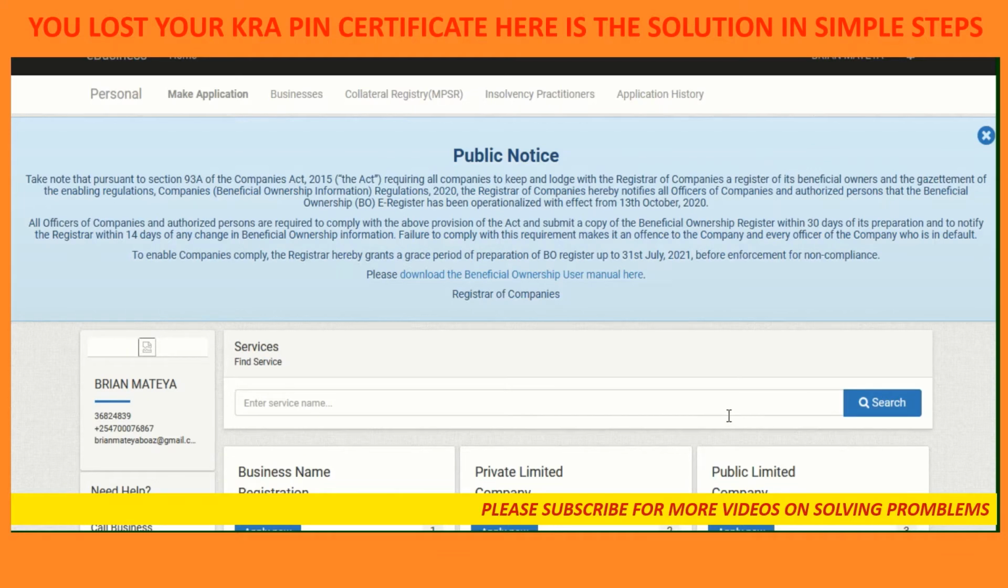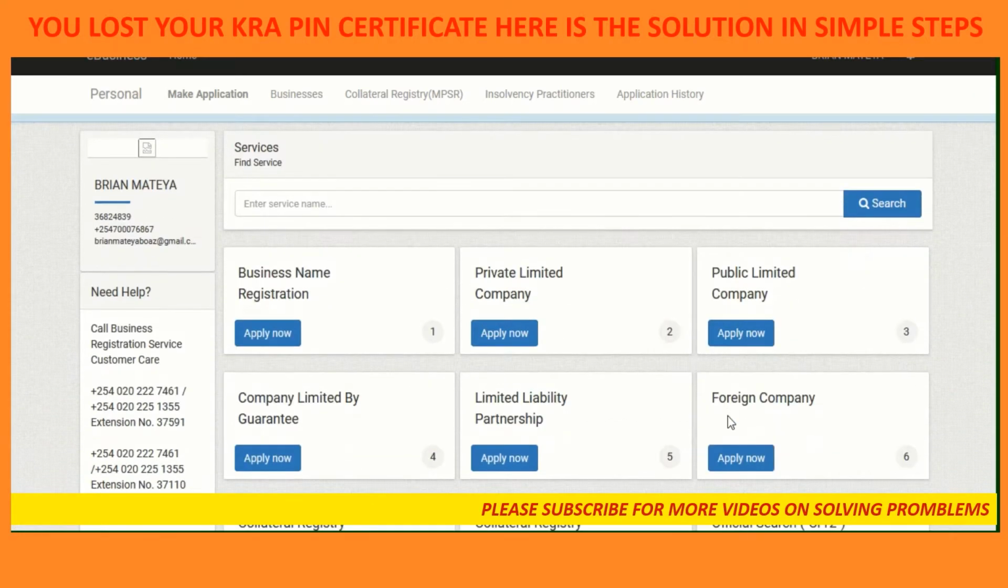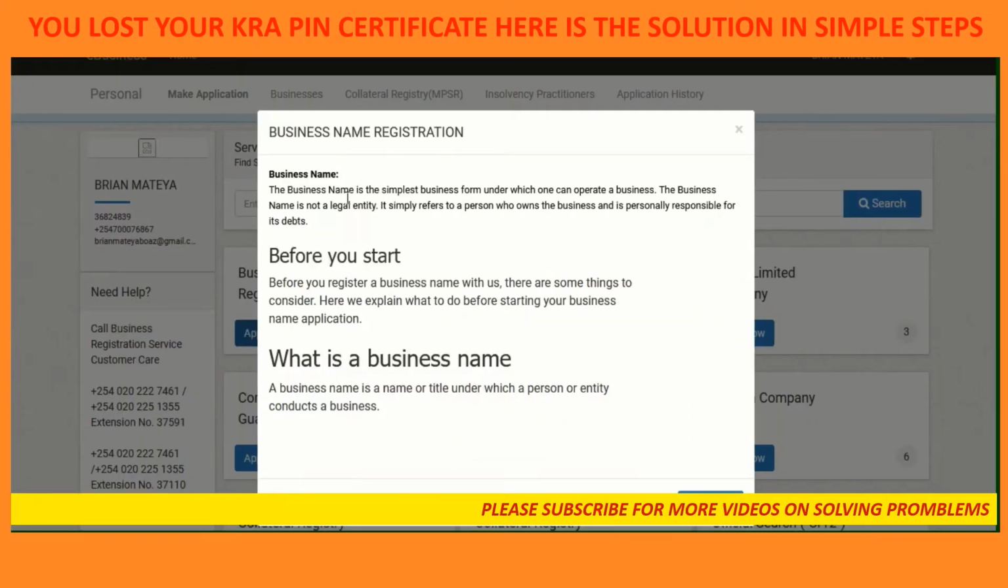On make an application, I will scroll down, then come here, business name register. I'll click here, apply now. Then there is this field, read it carefully. We have business name. Business name is the simplest business form under which one can operate a business. The business name is not a legal entity, it simply refers to the person who owns the business and is personally responsible for the debts. Then, before you start